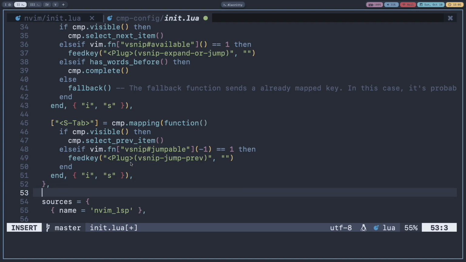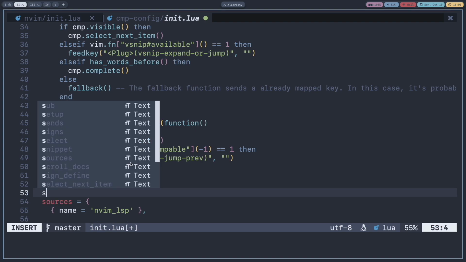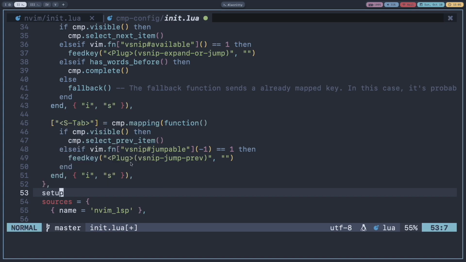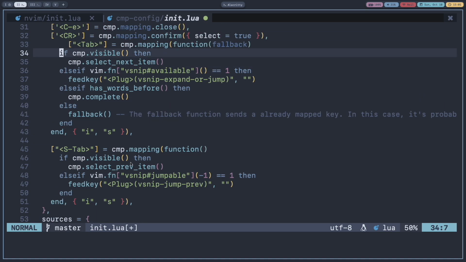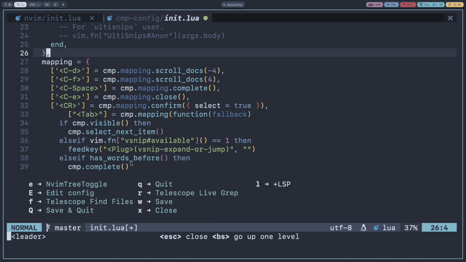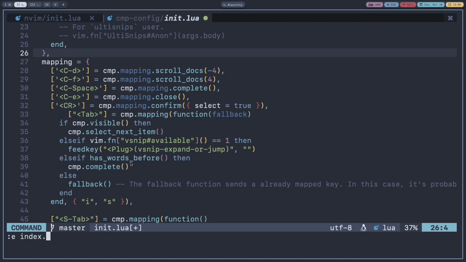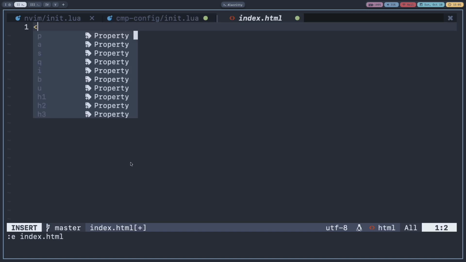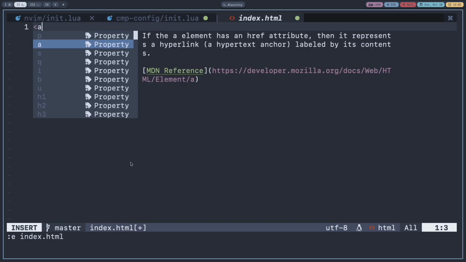So if I press something like S for sources and then do tab, it goes to the next completion, and shift tab will go to the previous completion. I'll show you some other key bindings also: Control D, Control F. In the HTML file index.html, if I do tab, it shows the documentation also.